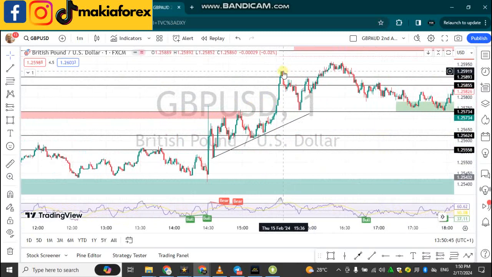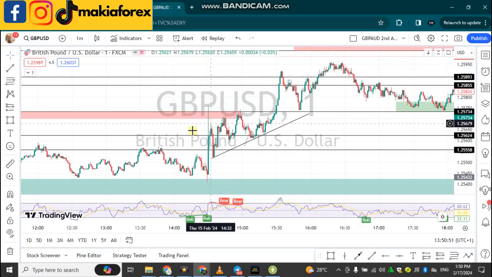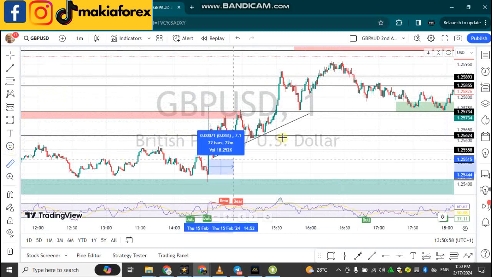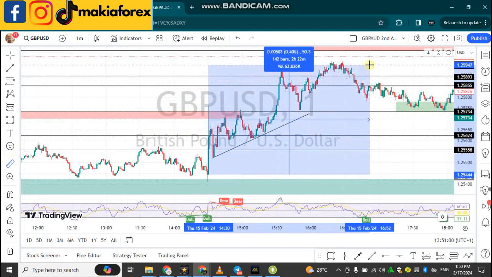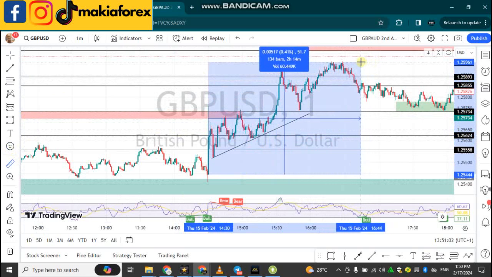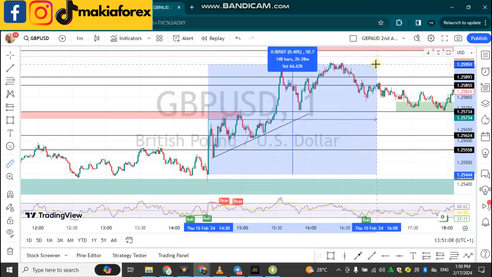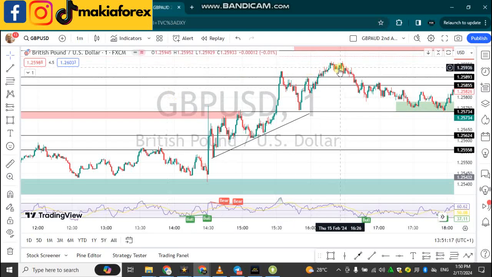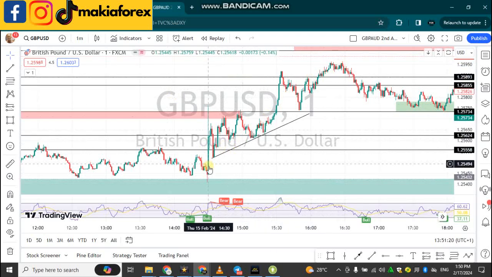So let's just say the news effect lasted 2 hours. Let's see what the news could do in 2 hours. You can see that from this area, price became bullish all the way up to this particular area. So before the close of the London session, price moved 52 pips in the bullish direction, or let's say 50 pips from the news candle. So the bad news caused the dollar index to flop and caused GBPUSD to also become bullish.